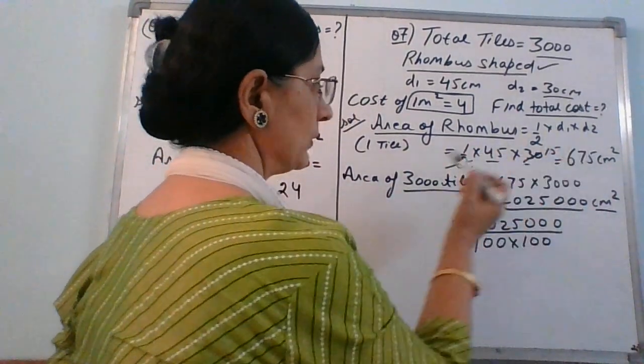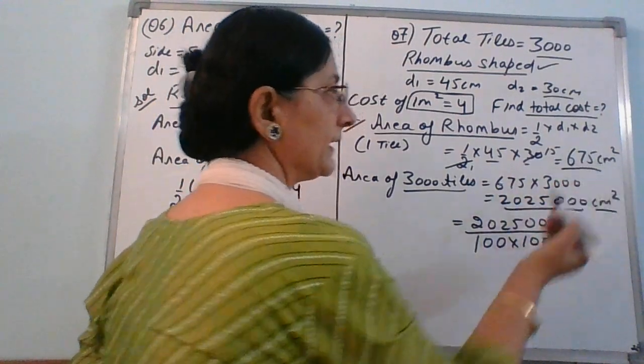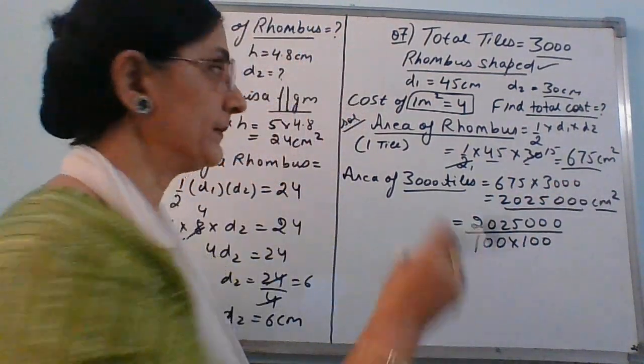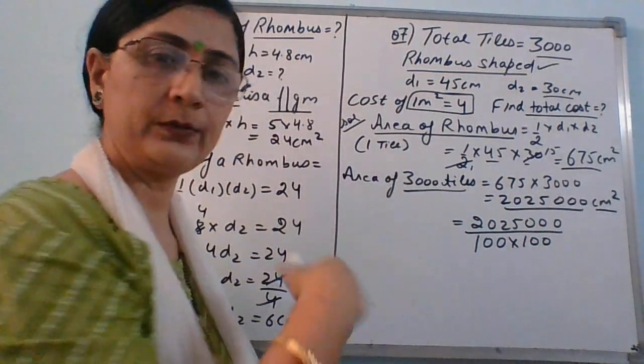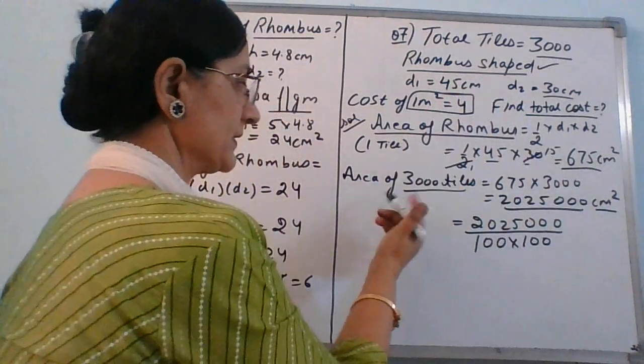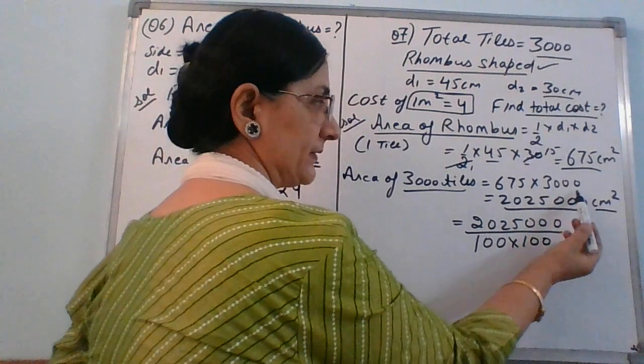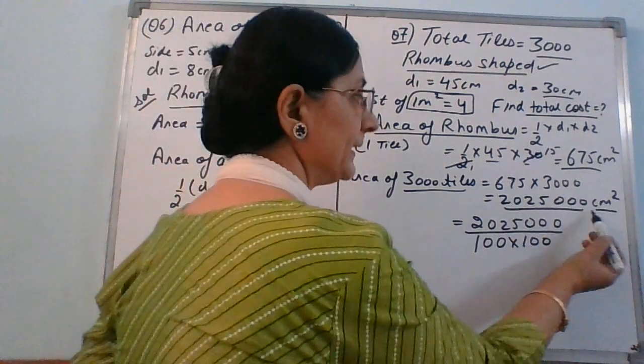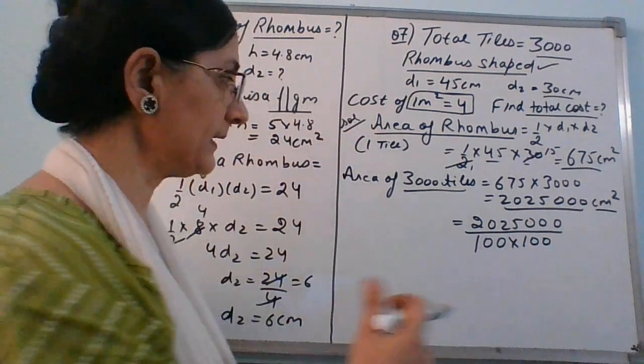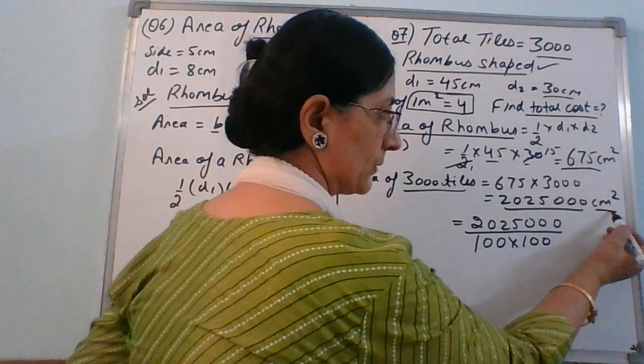एरिया ऑफ अ रॉम्बस ये होता है। वी वर हैविंग द डायगोनल्स, तो हमने ये क्या निकाला, एरिया ऑफ वन टाइल। बिकॉज जो रॉम्बस शेप्ड टाइल है उसका एरिया इतना गया, बट हमारे पास तो 3000 टाइल्स हैं। सो जो एरिया एक टाइल का आया, जस्ट मल्टीप्लाई बाय 3000, यू गेट दिस। तो ये टोटल एरिया आपको देता है 3000 टाइल्स का, राइट? सो नाउ ये सेंटीमीटर स्क्वायर में है।